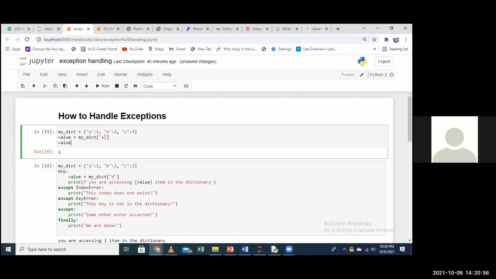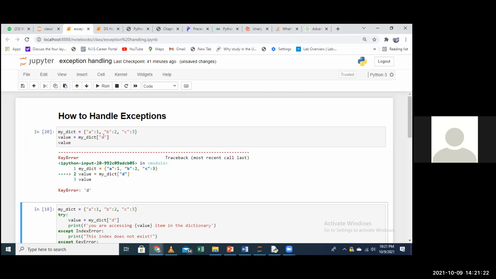Now we have a scenario whereby in your line of code, you are trying to access something like D, of which D doesn't exist. We only have 3 elements, A, B, and C. When you access the values of a dictionary using the keys, we use the same rule. Let's see what happens. Here we are trying to access D, which doesn't exist in our dictionary. So what does the computer do?